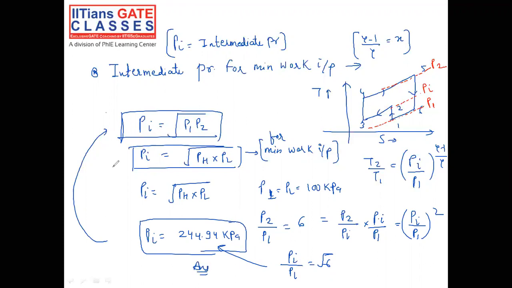So remember, it is a 1 mark question, so we have to solve this question like a 1 mark question only. Directly we need to remember this formula, which is very, very important. We have to remember this formula, and directly we need to apply whatever the data has been given in the question. So with knowing the concept of just minimum work input and the intermediate pressure formula, we can get the answer for this question number 1.